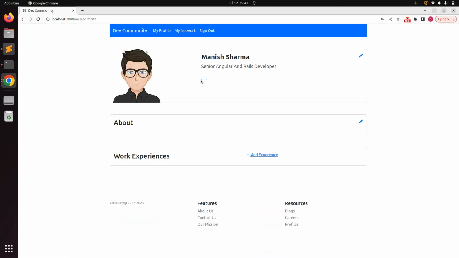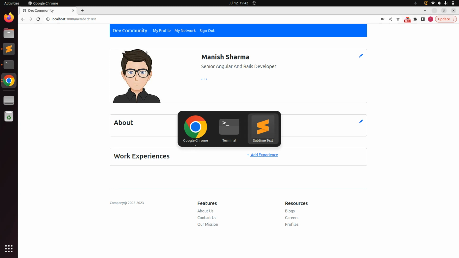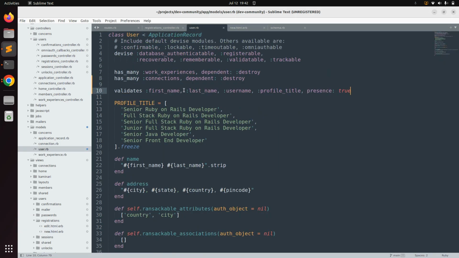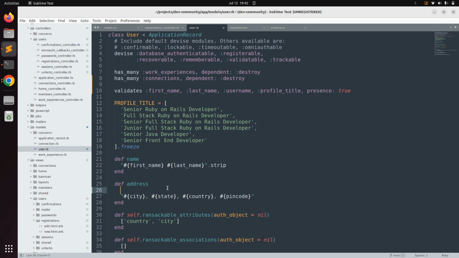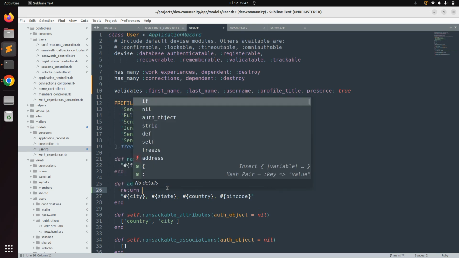Now go to the my profile page. Here you can see that we are getting all these commas. Why? Because here we were displaying the city, state, and country, but we did not allow users to pass city, state, country, or pin code values, so we are not seeing these attributes. Rather than displaying this comma, we can simply add a condition that only shows the address when city, state, and country are present. So let's go to the user model, and into the address method we need to return nil